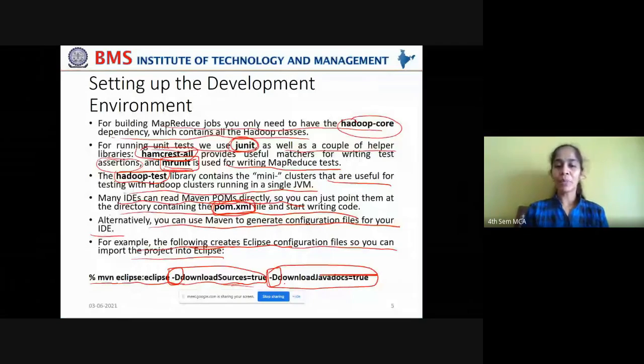What are the two properties you're trying to set? The source files you're downloading and the Java documents also. If you want to use some native methods of your Java language, in such cases you should also download the Java docs and set it to true. And for any source files in Maven, you set that to true as well. So you're bringing the Maven features and the Java features into your Eclipse environment in order to build your project. That is what we mean by this command.